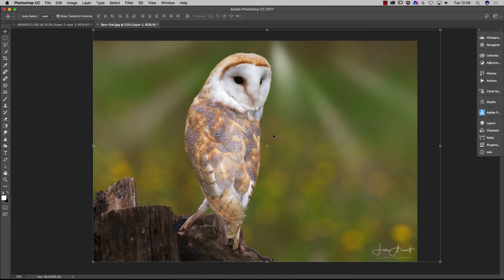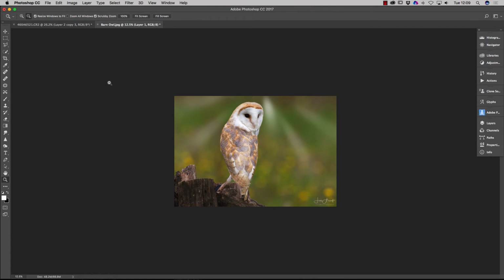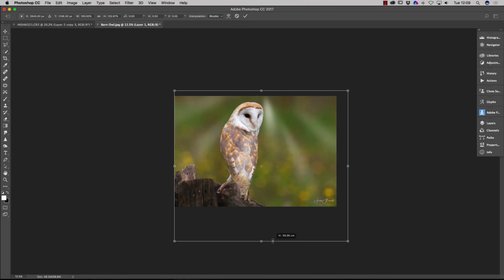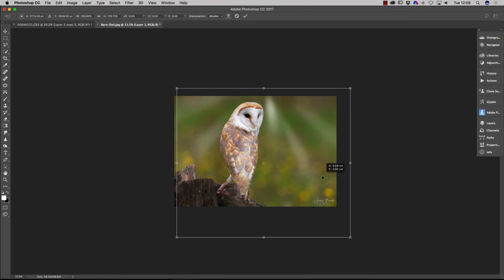If I want those to come down more, I can drag down. Actually, just make this a bit smaller, so just apply that. If we click on the zoom tool and zoom out a little bit, just while we do this effect, click back on the move tool, and we'll have something like that. Press enter,